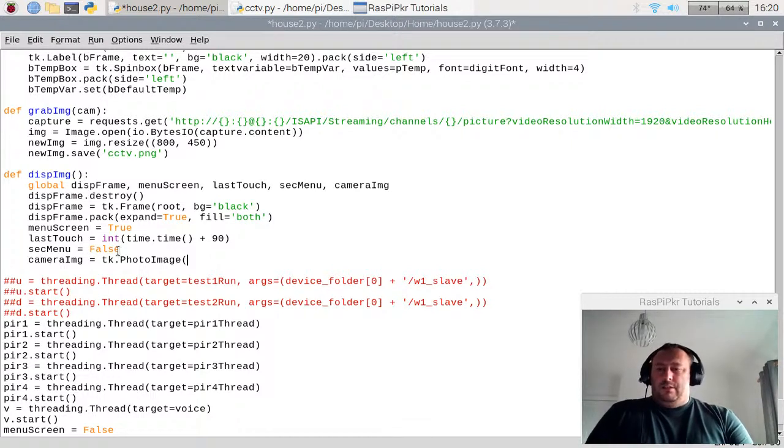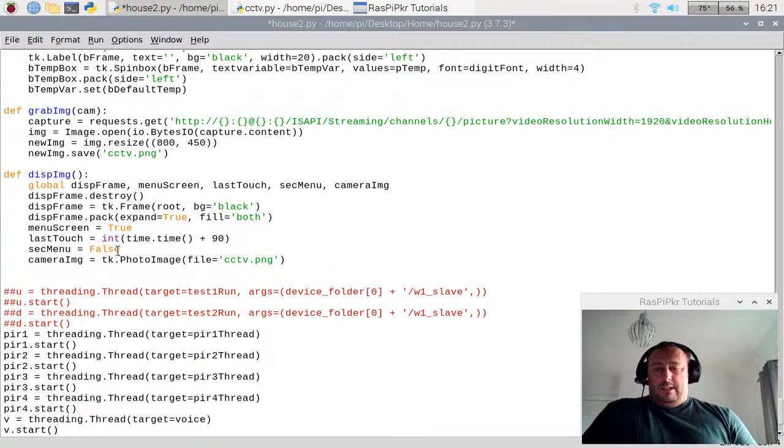I know it's already in memory. Yeah, we'll pull it in again. Well, we don't actually pull it in again. Yeah, we'll do it this way. So anyhow, file is equal to cctv.png, because Tkinter likes PNGs, and we're going to put a camera, and we'll set this as a label,